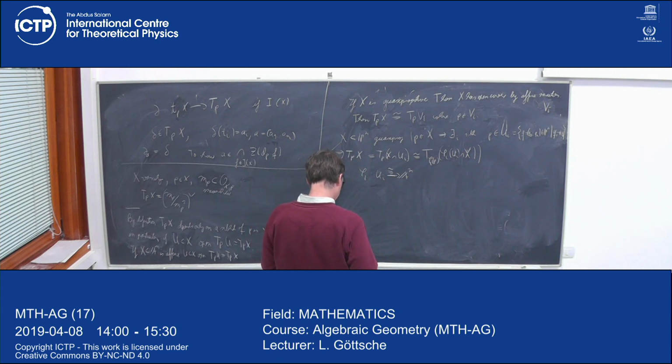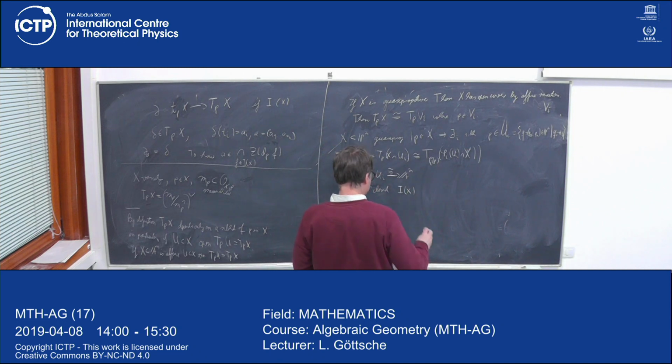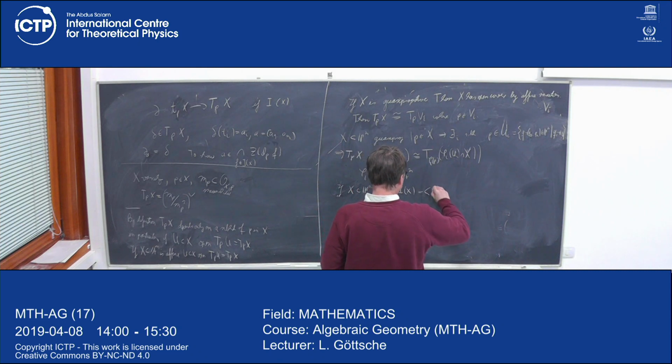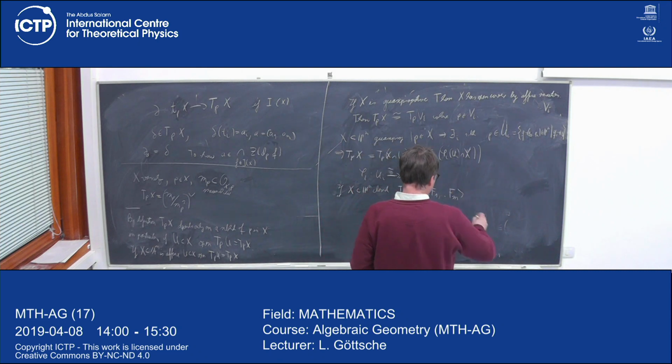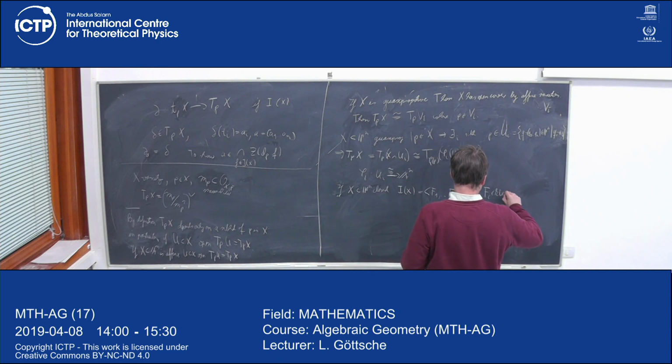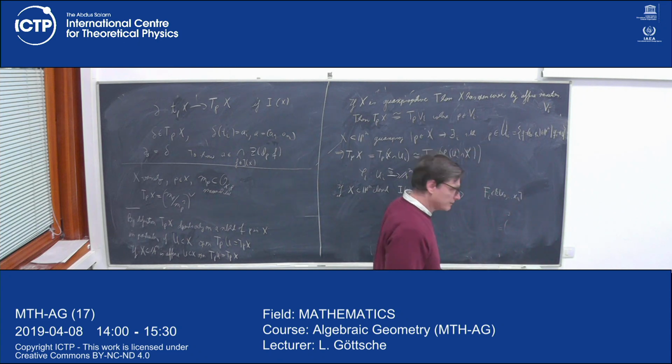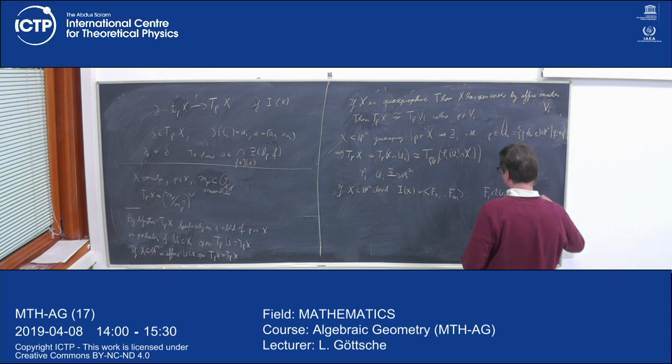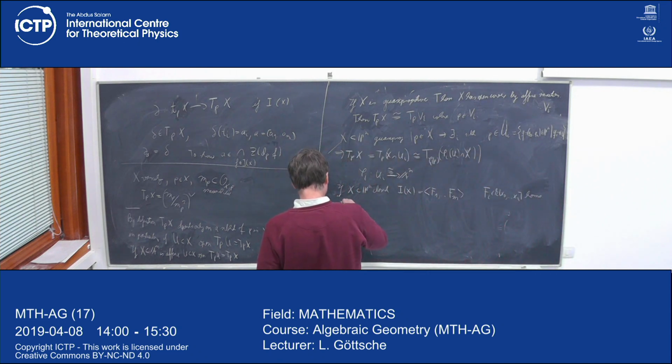So let me say this more concretely. So if X in P^n is closed, the ideal of X, the homogeneous ideal of X, is generated by some elements F_1 to F_m. But these are homogeneous polynomials in x_0 to x_n. And P is an element in X which lies in U_i, so the ith coordinate is non-zero. Then